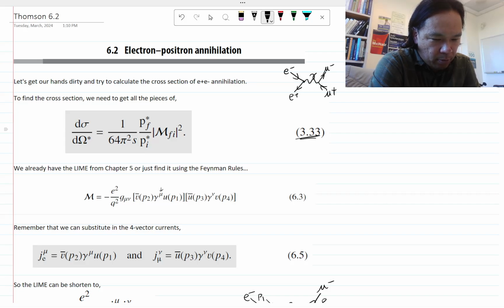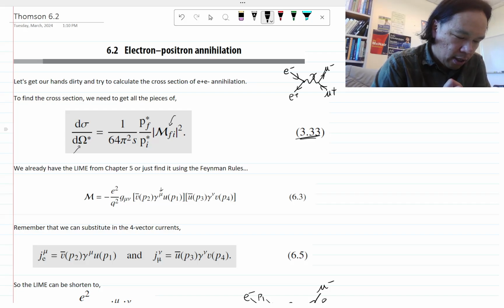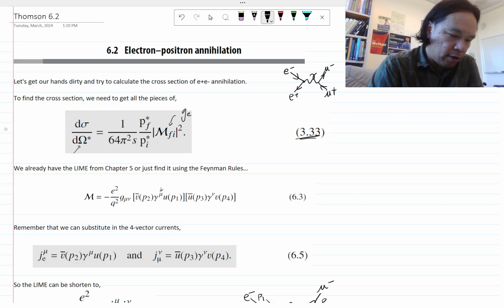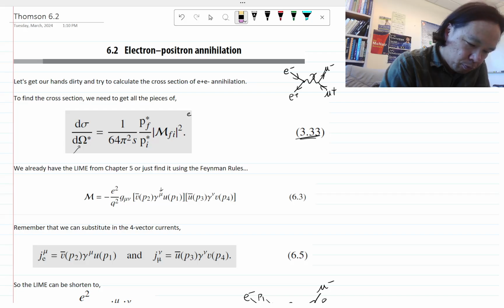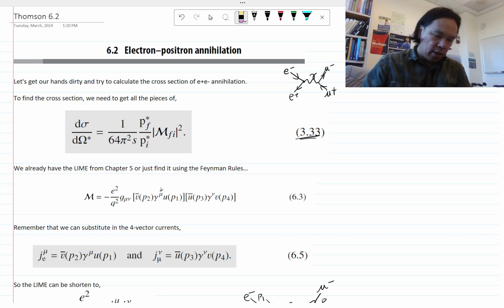instead of dealing with particles with spin, we assume the particle has no spin. These M_fi factors in the cross-section calculation or the decay calculations that we did in chapter 3 will just turn into g's of whatever type of interaction we're dealing with, right? Okay, but since we know that the electron has spin,